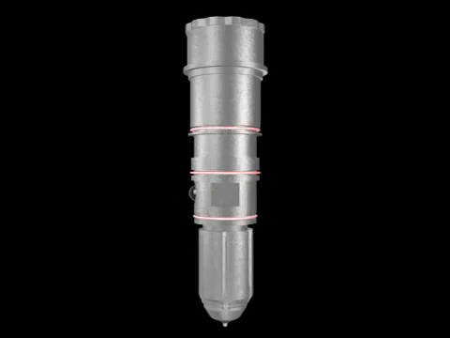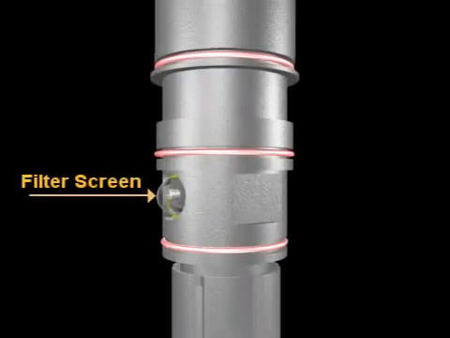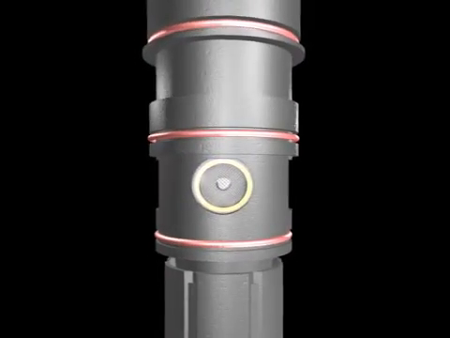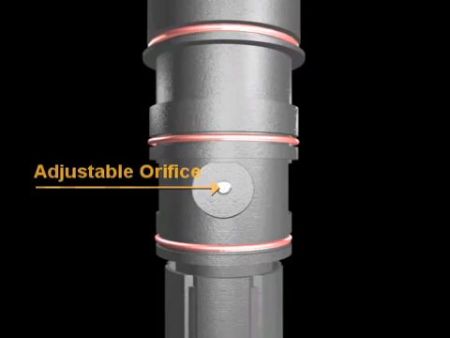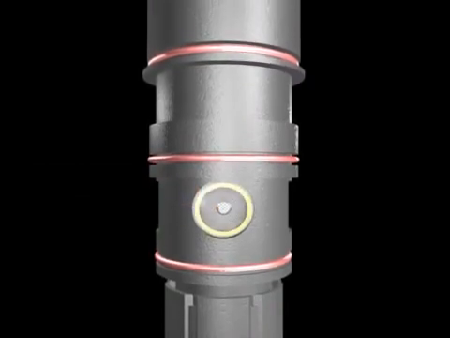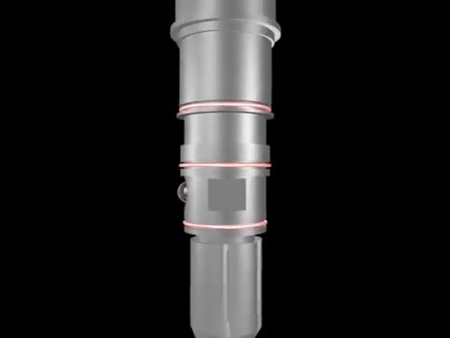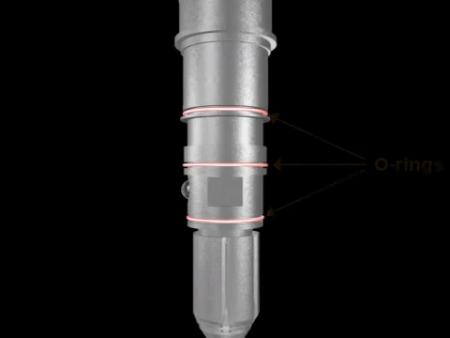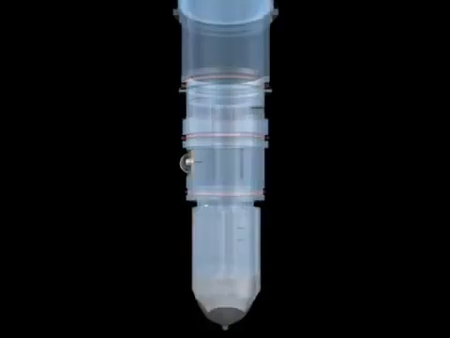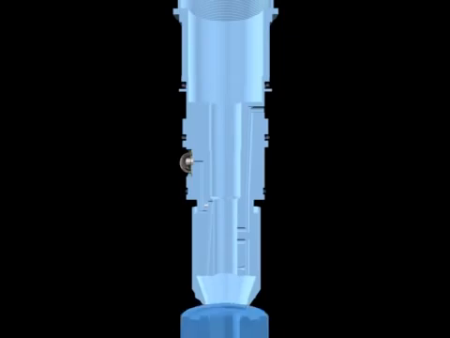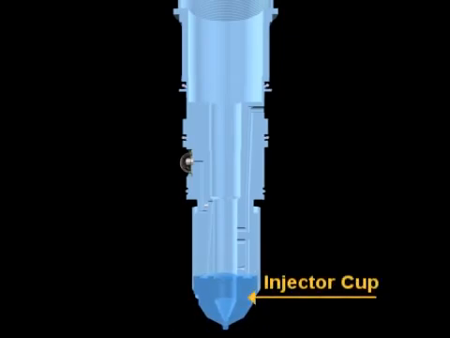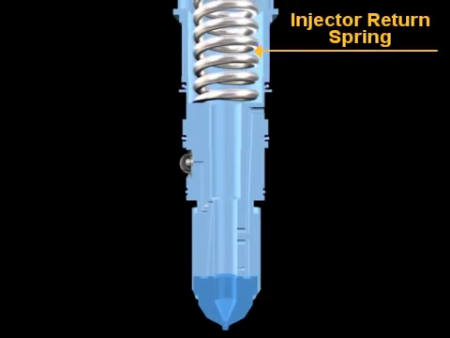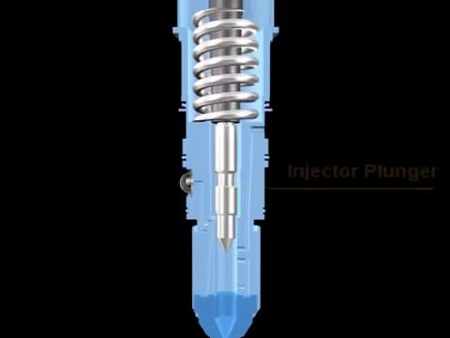The main components of the PTD top-stop injector include cup retainer, filter screen, adjustable orifice, adapter, O-rings, injector cup, injector return spring, injector plunger,